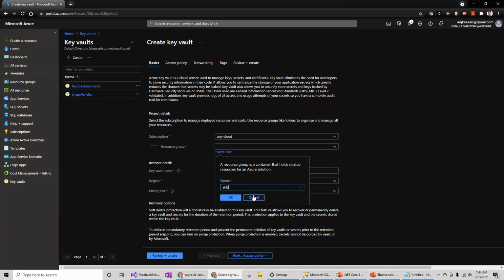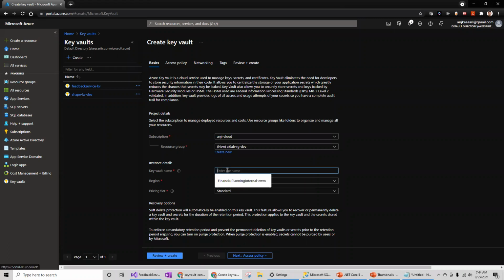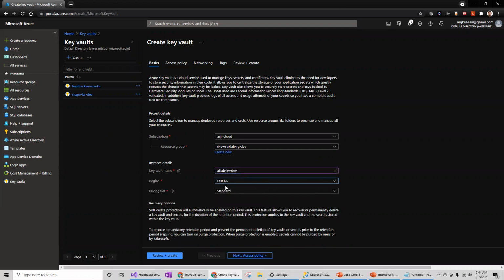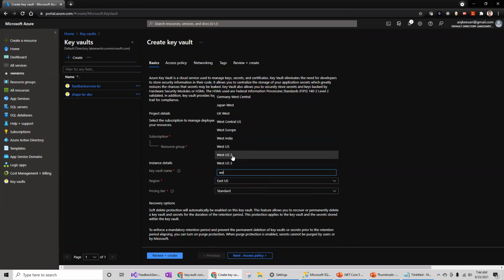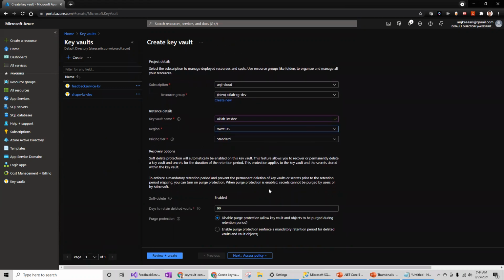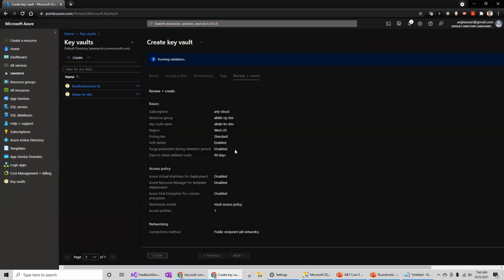I will call it AK Lab Resource Group for development, and then I'm going to give the name AK Lab Key Vault for the development. This will be in West US, and I'm going to select standard for the demo and then create the Azure Key Vault.